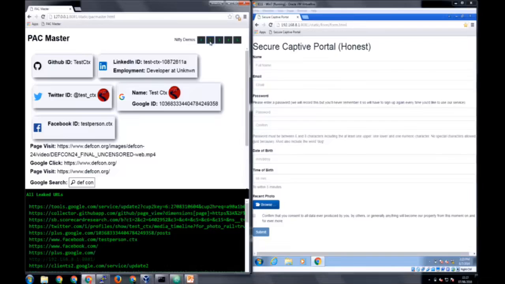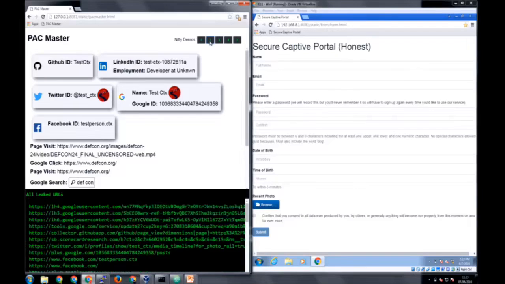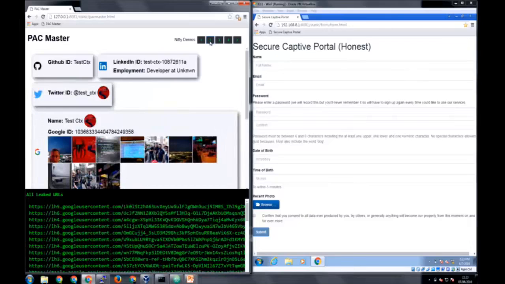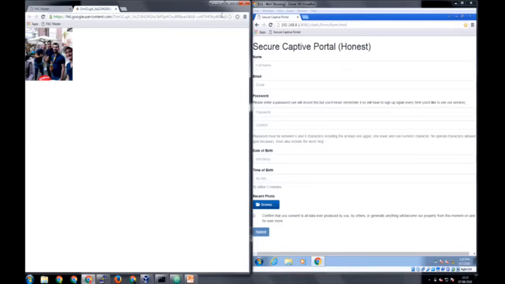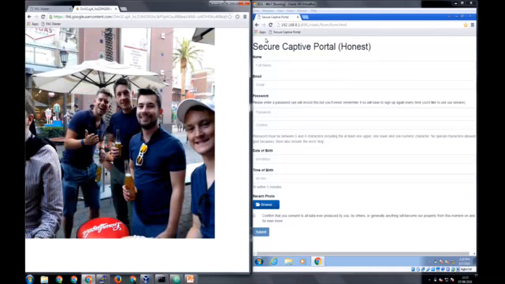But essentially, that allows any captive portal to completely de-anonymize the user. Here we go, the images as well. De-anonymize the user that's connected to their gateway and get all sorts of what we would call, I guess, public but sensitive information about that user. And you can see we can also go into these images. We can actually get the full-size image just because it's served from a CDN. They're all there, and we just grab those files and kind of get all that offline data from them.